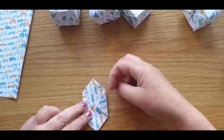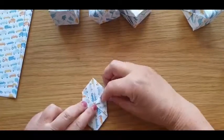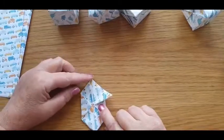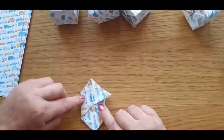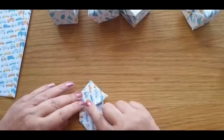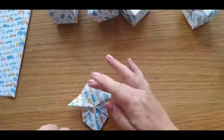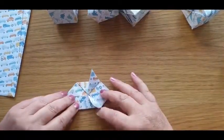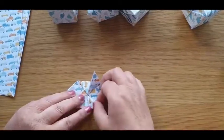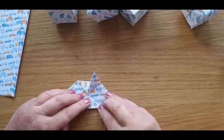So I'm going to fold this loose flap down against this angle there, and repeat on the other side. This loose flap, I'm going to fold it against this angle here, fold it right down neatly, like that. Then I'm going to take this flap and fold it back on itself to form a little triangle there,